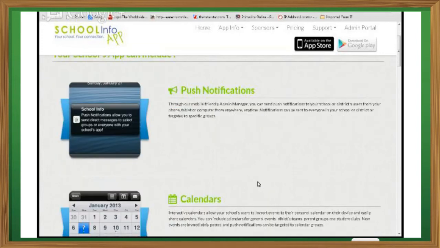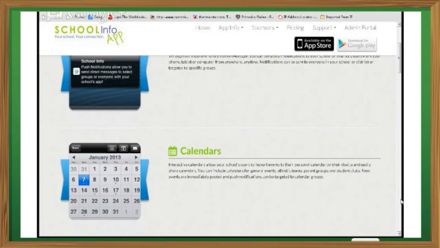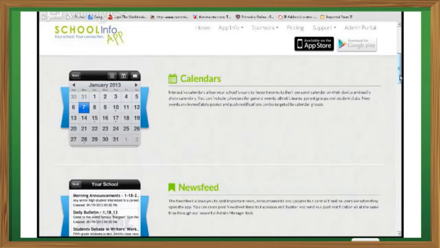One of the other great features of our apps is the calendar feature, which allows you to download and access calendars for any of the student groups, athletic groups, basically any group affiliated with your school, the general event calendar as well. And you'll notice from the screenshot how it's using the native device calendar, which has a ton of